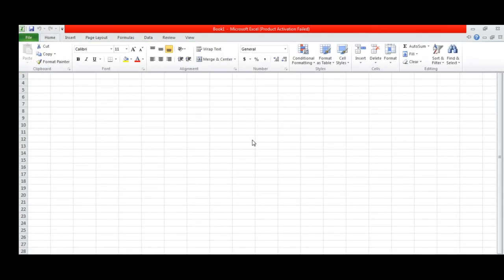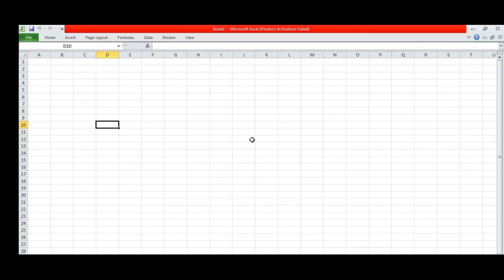Let's start. When you click on a rectangle, just select any rectangle. Have you seen a border? So this rectangle is called the active cell. It means when you click on any rectangle of MS Excel, that specific rectangle is called the active cell. In that active cell you can enter data. Data means you can enter numbers, any character, any special character, anything, in this active cell. So there are many cells in Excel.